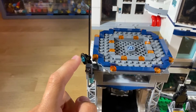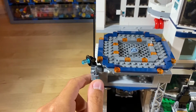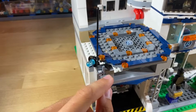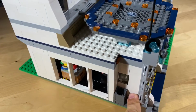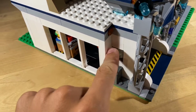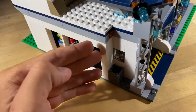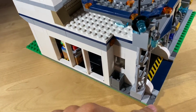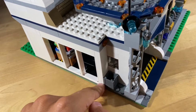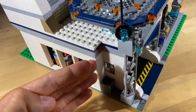I added a little detail, just antenna, a little dish and some kind of lights right here, just to put something in this empty spot. Going off to the side, we have a bit more detail right here. We have a window, a little orange light, and just a cradle, because this is exactly 8 studs in, which is how nearly all modular buildings work. The building starts 8 studs into the plate, so this is where it's gonna attach to the other